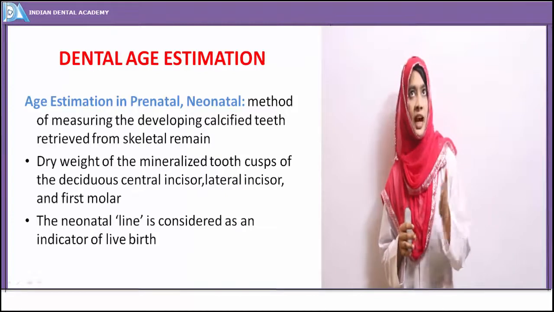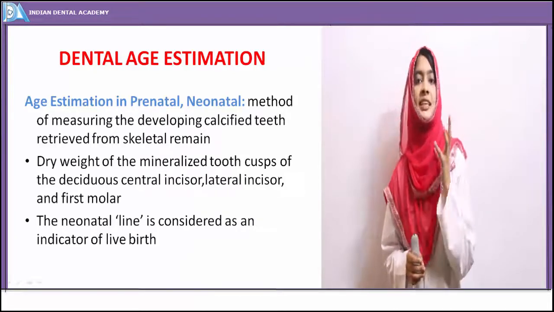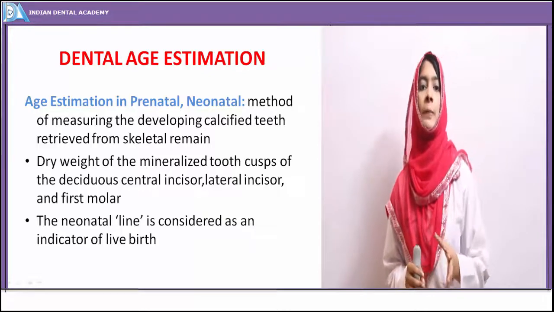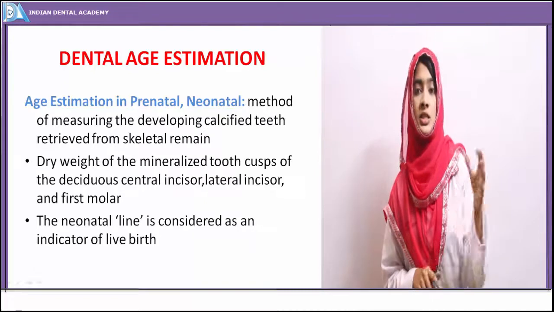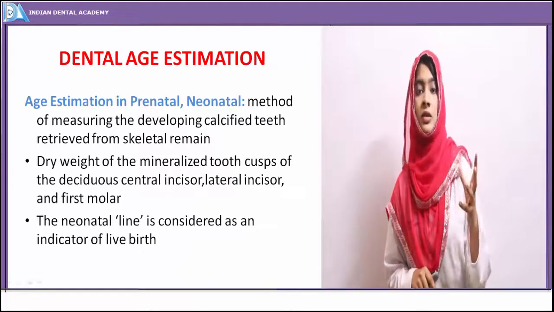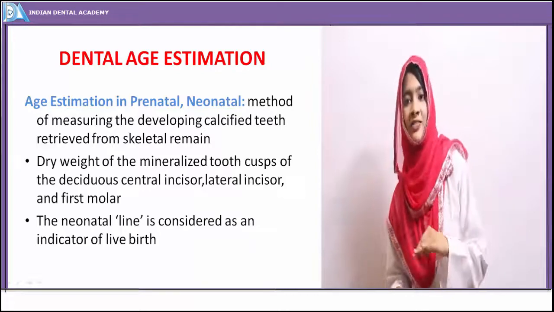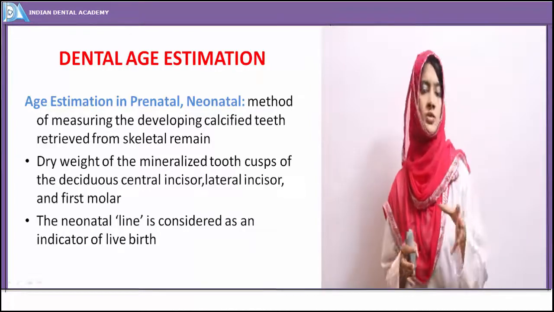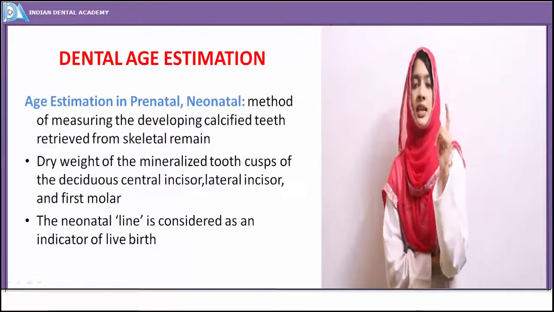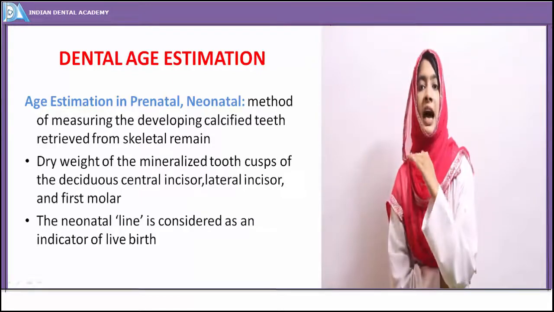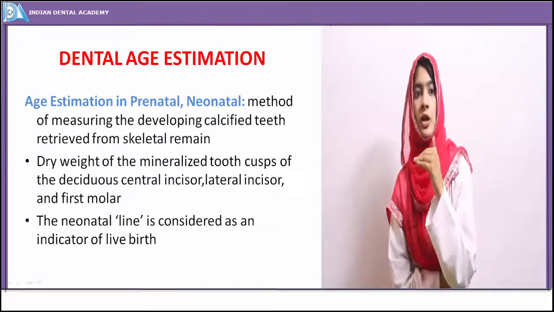So in case of a live individual, you can identify the teeth by these features. There is the calcification of teeth. Another may be a neonatal line. Neonatal line is nothing but the distinction between the calcification of teeth occurring before birth and after birth. It may be present in few individuals, it may be absent in few individuals, but neonatal line is considered as a characteristic indicator of a live birth individual, because it is showing differences in eruption or differences in